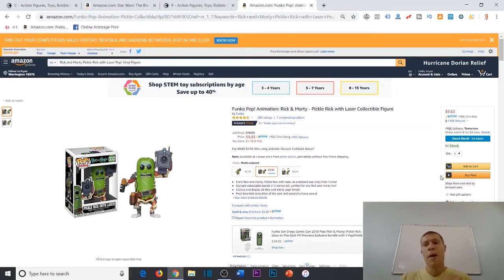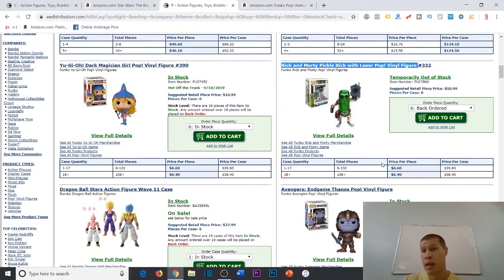It's not a big deal. But with wholesale, if I'm buying a number of inventory, like 50 or 100 or something like that, I generally prefer to stay away from Amazon listings where Amazon is actually selling it and owning the buy box. But that's just with wholesale, okay? So it's selling for $9.83. Just to give you an example,